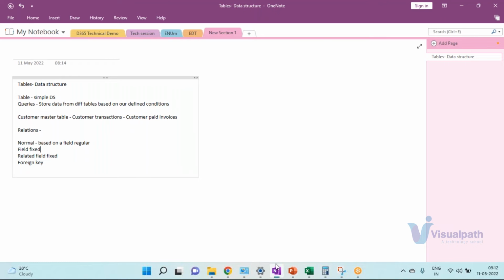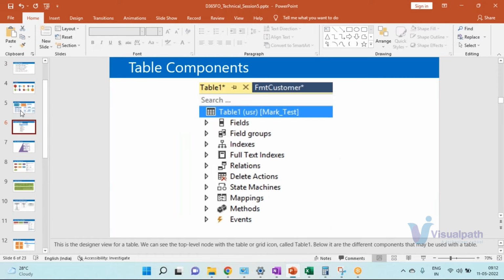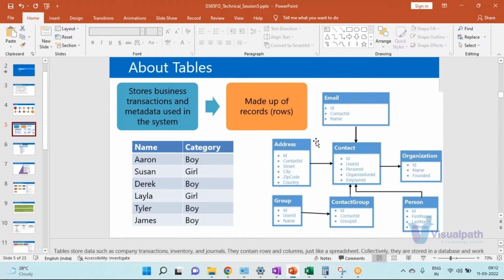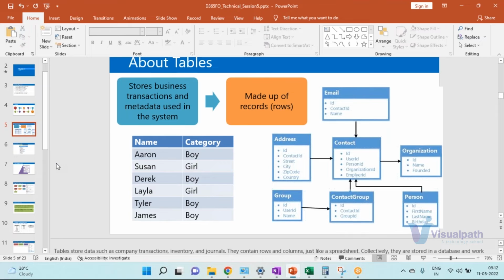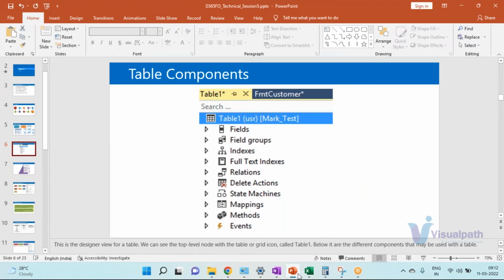So if you see this example, if you remember this slide, this I can tell as a master table. This is my contact information, and all my addresses, emails, all these are kind of child tables because my contact information is actually related to my addresses. So this is my parent, and these are my child concept, correct? So now, if you go and see the